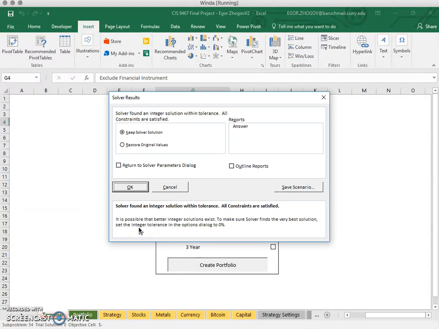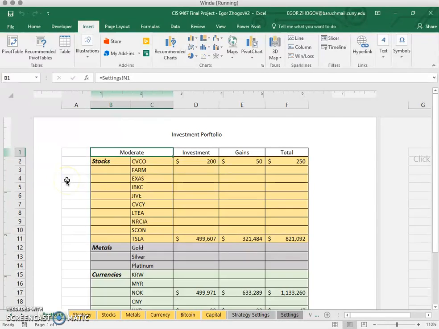As there are a lot of constraints, this might usually take a little bit more time, but as we can see, it wasn't that bad at all. Let's click OK. And here we are at the next tab, which is called Portfolio. This is the main page and the reason why this project was created in the first place. As you can see, we have a generated file that shows each instrument available, how much we should invest,